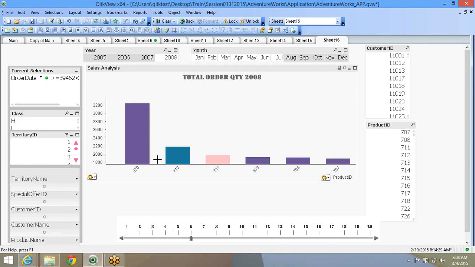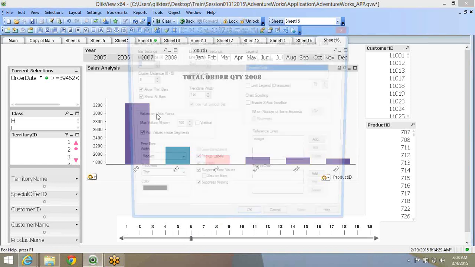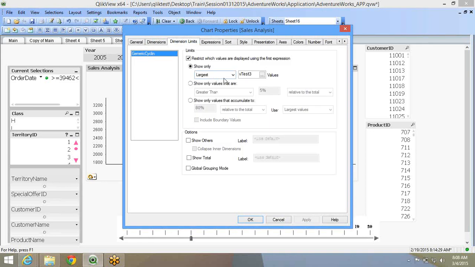Now along with this, if you look at the restriction options, there are a couple more. So you have largest, smallest, first, and you have show values that are greater than 5% of the relative total. So if my total order quantity is 1 lakh, which are the products selling greater than 5,000?